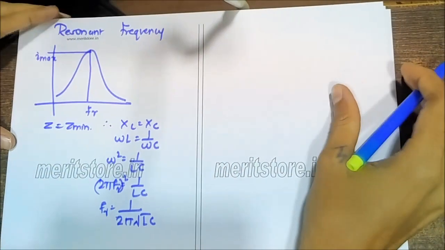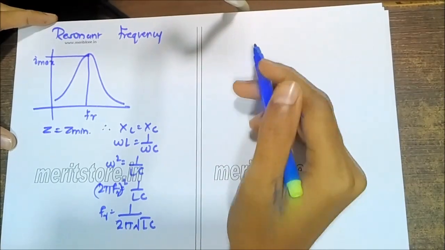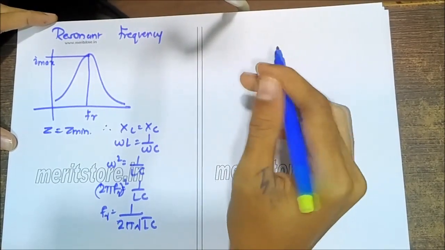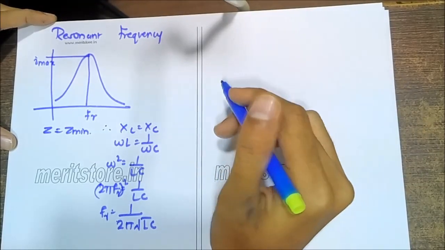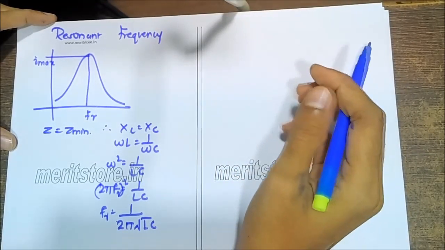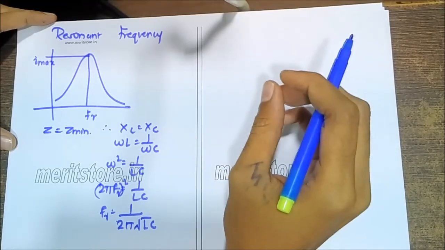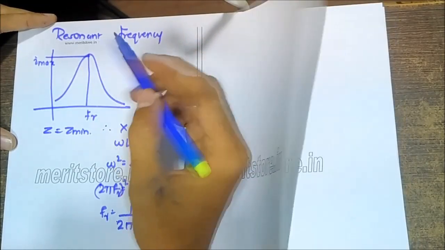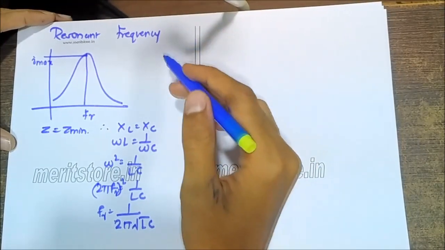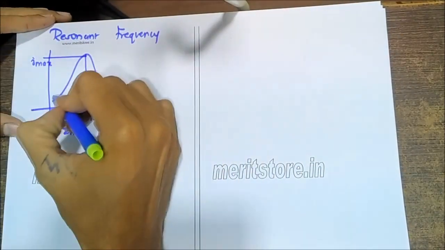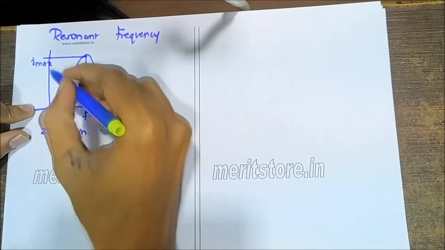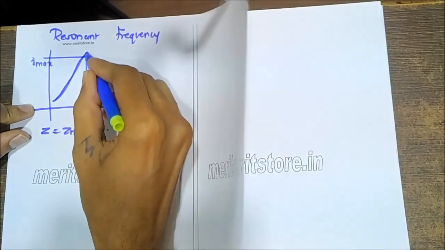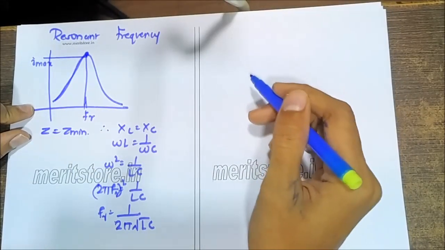So we are talking about the resonance frequency: when we change the frequency, at a particular frequency the circuit having an inductance and a capacitance becomes a resonance circuit. It can be in resonance only for a particular frequency, and that is when the current becomes maximum. If we draw a resonance curve, it is called a series resonance curve, and the particular frequency where the current becomes maximum is called the resonance frequency.